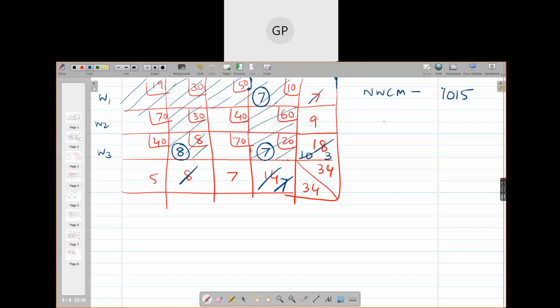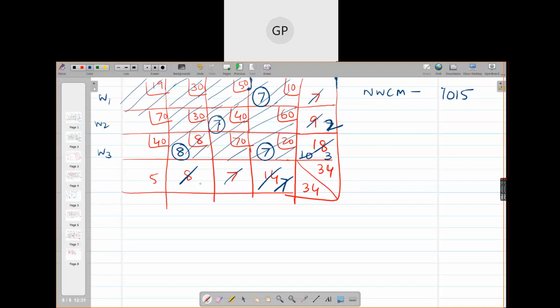Do you understand this? This 40's location is 2, 3, and this 40's location is 3, 1. So they belong to different rows and different columns. Therefore, though there is a tie, there should not be any confusion. You can go for either of them, but I will go for this one. I will put 7 units as 9 units are available, and 2 units will remain. With these 7 units, the requirement is fulfilled.